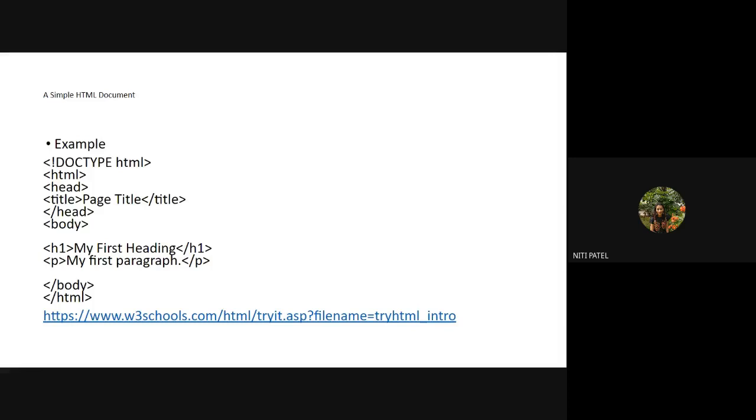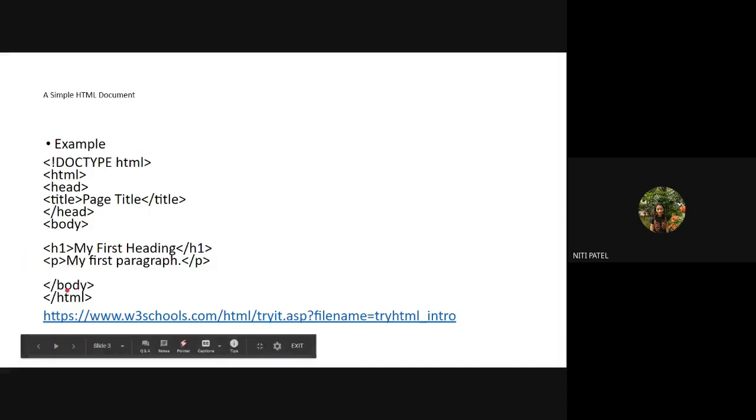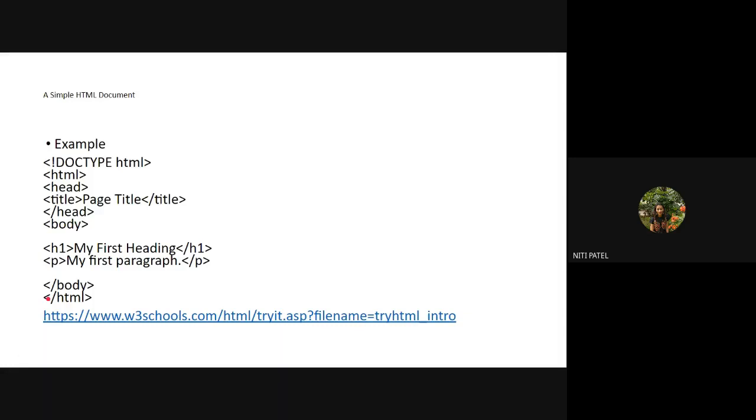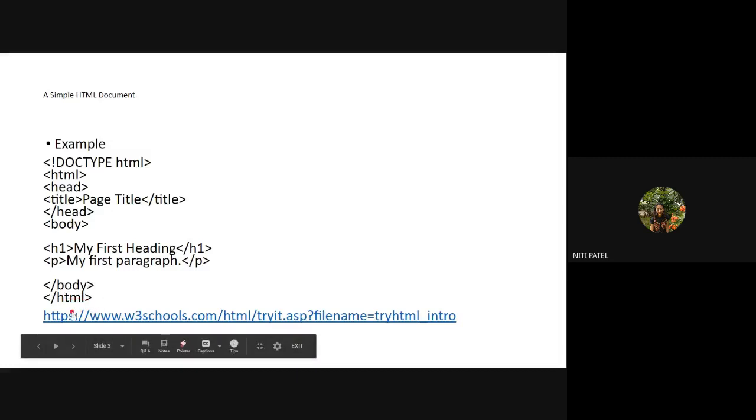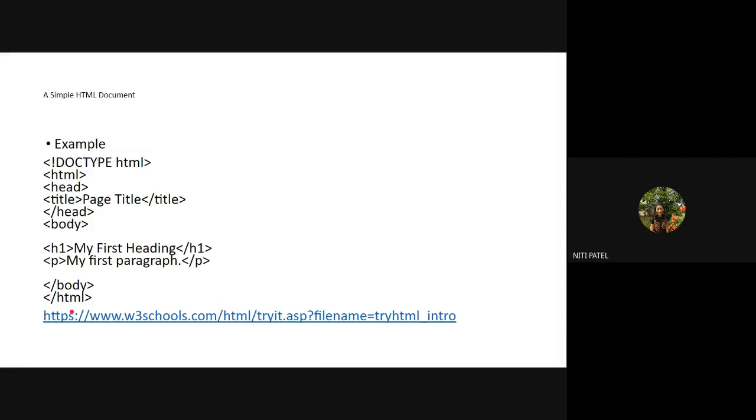Suppose you have added everything and you want to stop, that means you don't want to add anything more, how do you indicate it? You indicate it by closing the body. So how do you close a body? By the backslash. So when I have a backslash with body, this indicates that you have finished writing all the contents and now you're going to close it. And the last is the close of the HTML tag. Close of the HTML tag is the closing of the root element. This means that everything with respect to that particular web page is written, and now the user will not write anything. Whatever you write after this will not be displayed on the web page. It will either show you the error or it will not display anything.